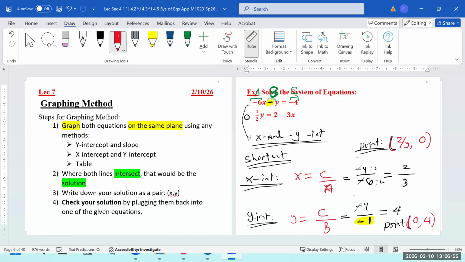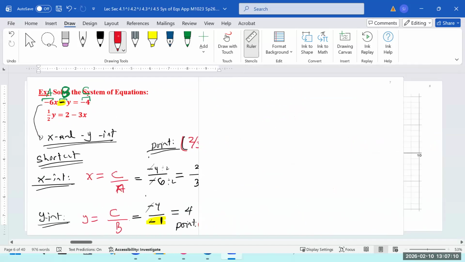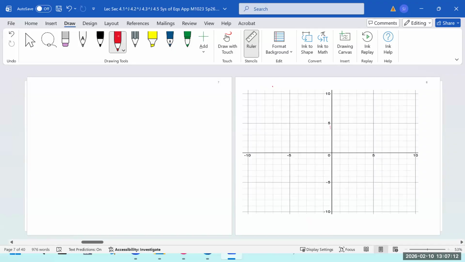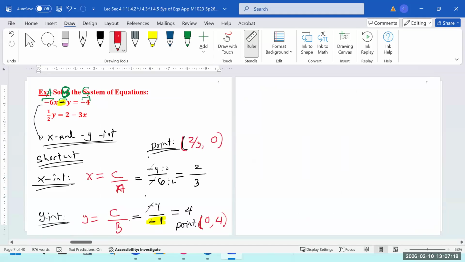So we are going to plot the x-intercept on the x-axis and the y-intercept on the y-axis, and then connect them with a straight line. But there is a problem: 2/3. Approximately how much is 2/3? When we graph, we definitely need to plot it somewhere on the line. But where do we find 2/3? Can you guess approximately how much 2/3 is?